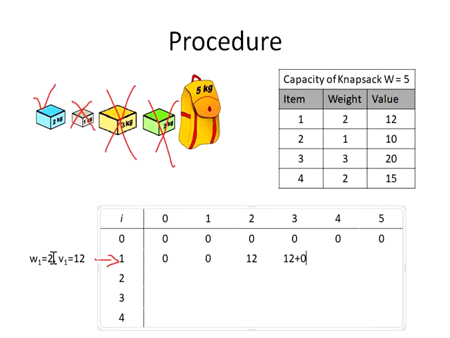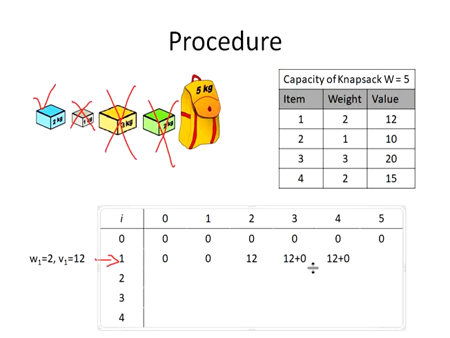Again, weight of 2 in a bag of 4. Yes, obviously I can insert. Profit earned is 12. So 12 plus what is remaining? 2 kg is yet remaining. So compare 2 with the previous one: the value of 2 in the previous row, which is 0. So add this, then compare with the previous row. These two are compared, and which is the maximum? 12 is the maximum. Retain this.